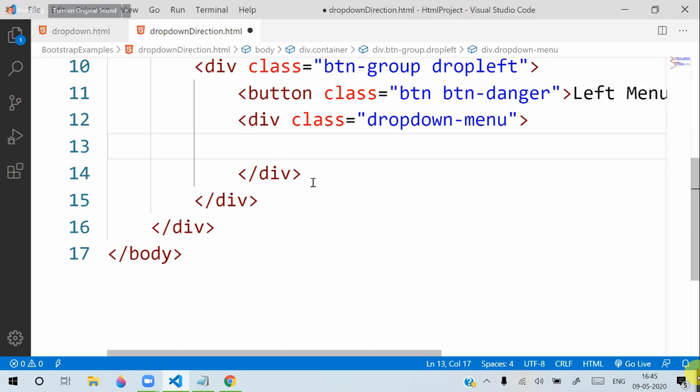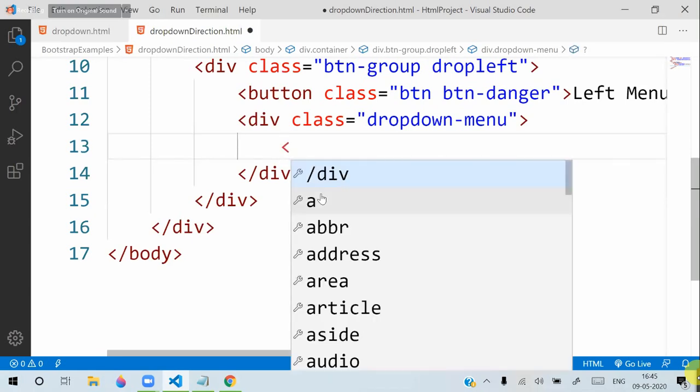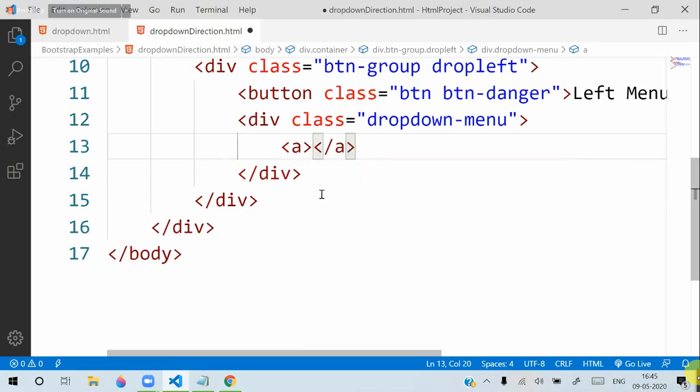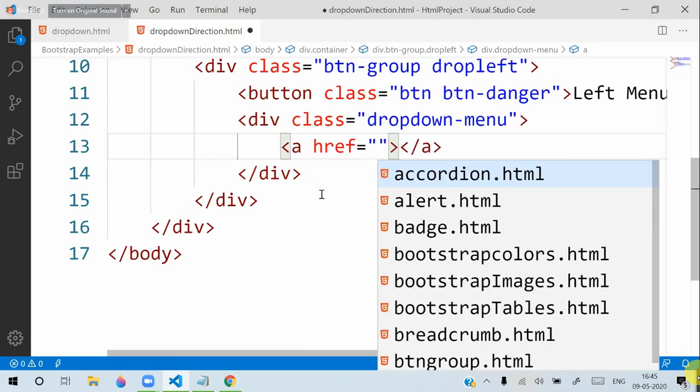Right. So how can we define drop down menu links? We have to use an anchor and an href, right? Or we can even create buttons for that. For every option we have to define a button. That means instead of anchors we can use buttons,